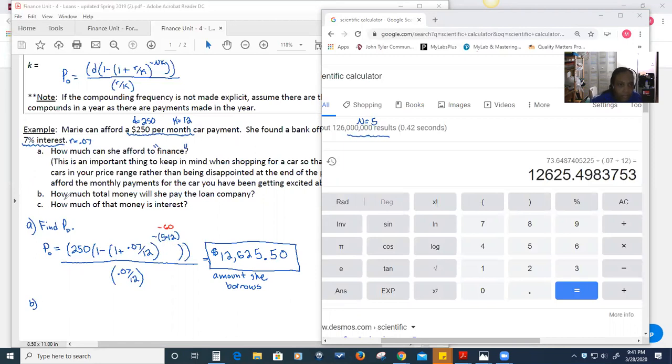Part B is asking, how much total money will she pay the loan company? All right, now this is a question, please don't overthink this question, okay? What is she paying the loan company? Just ask yourself that for a second. She's paying $250 a month for 5 years, okay? That's what she's paying. So if she's paying $250 a month for 5 years, we've done this before,